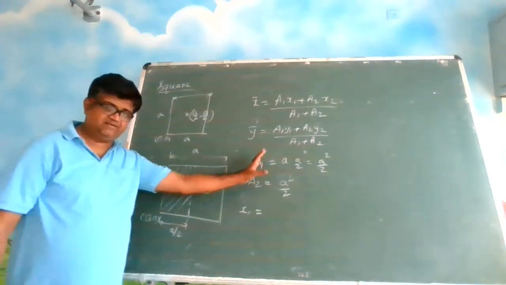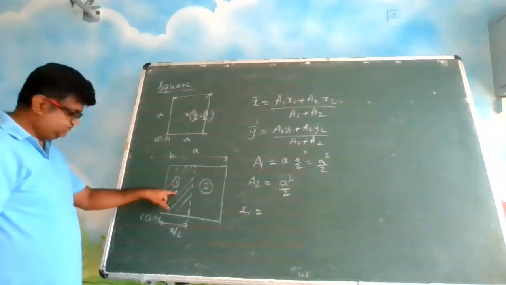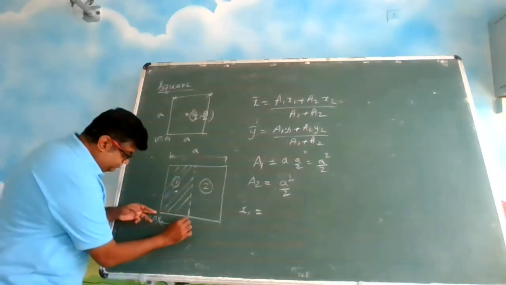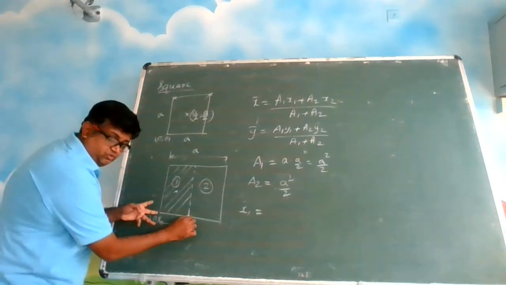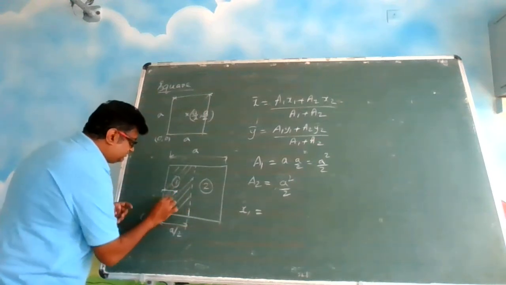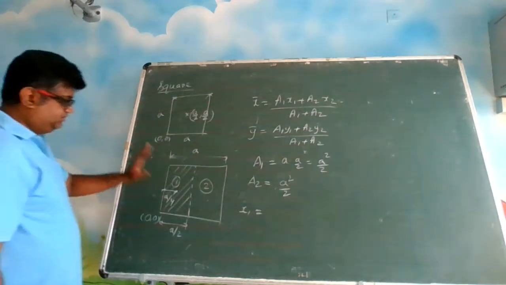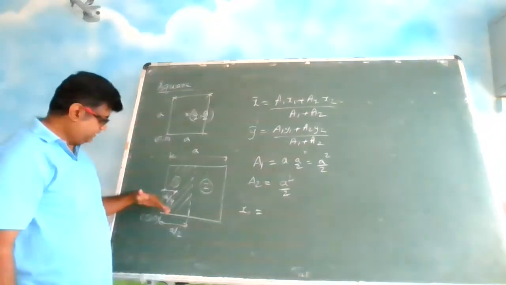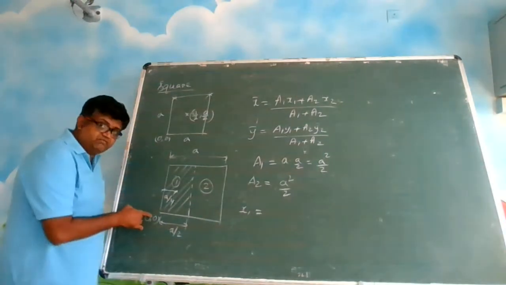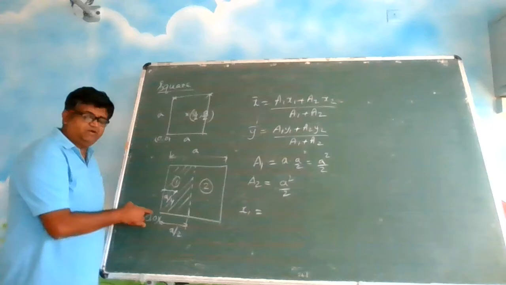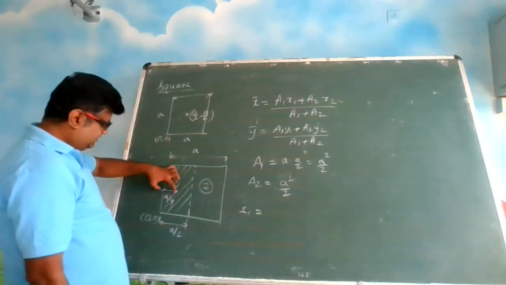We are talking only about 1 now. Forget about the whole other thing. So where is the centroid of 1? It is in its center. So this is A by 2. The total was A, its half is A by 2, and the half of that is A by 4. This step should be very clear to you. Okay? And from where we have to calculate? We have to calculate from the origin. So from origin it is A by 4.